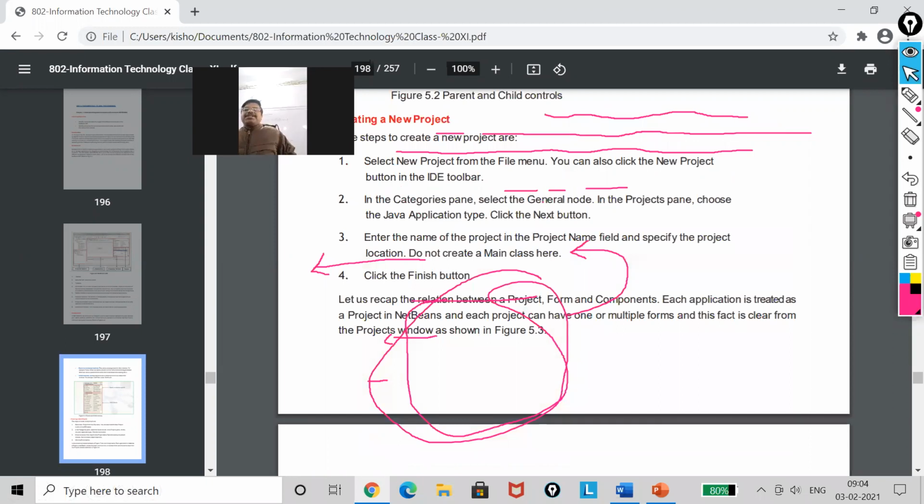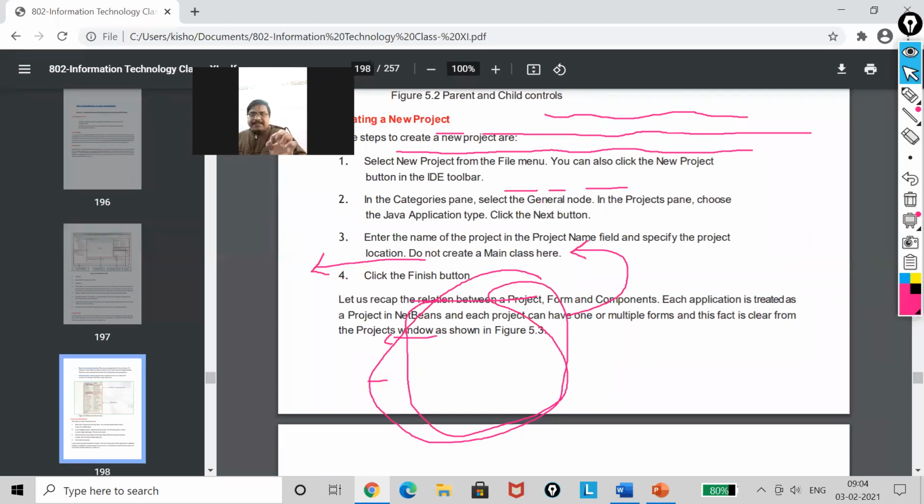Now the next part is how you will create a new project. Listen, my dear, inside the project, we have our application form. So first of all, you have to create your project. Now there can be a question: sir, can we have different forms in one project?